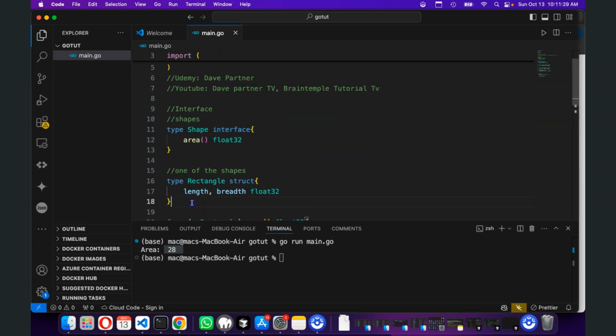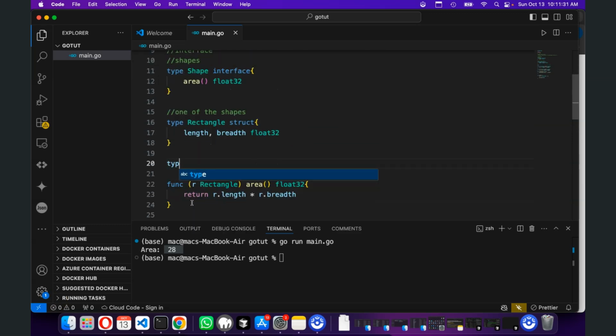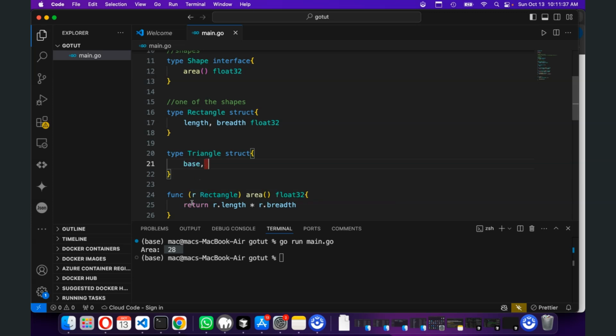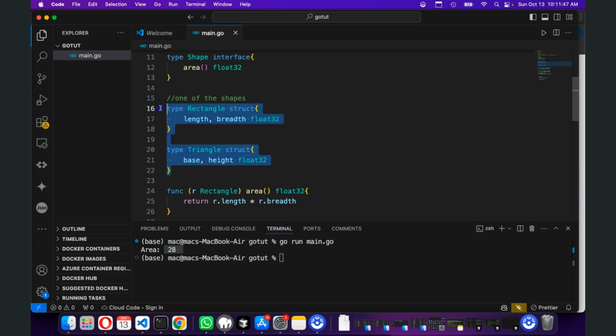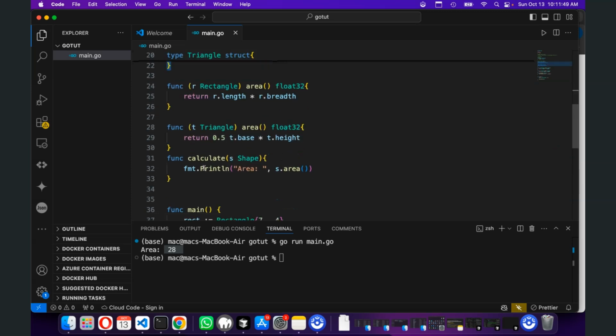That's easy. So here we're going to say type triangle. It's a struct, and it's going to have base and height, and both of them are going to be float32. So this is the triangle struct, this is the rectangle struct. Basically what the shape would look like. All right, and then